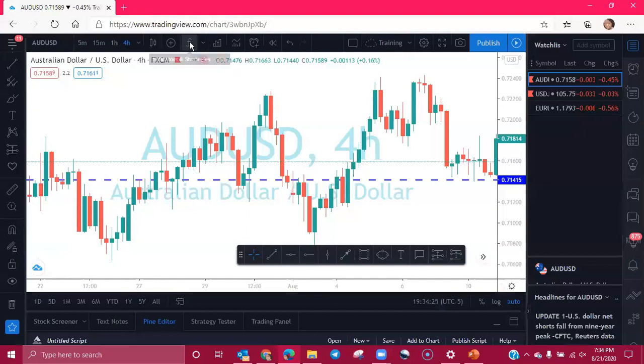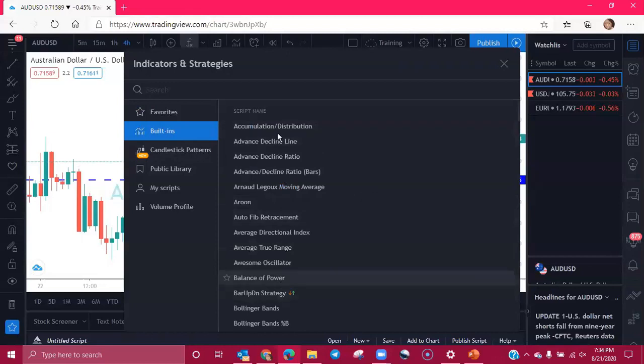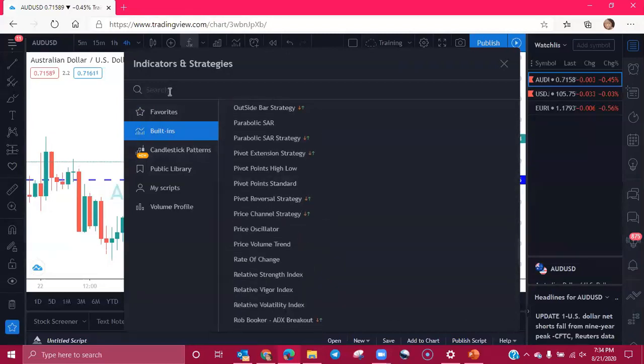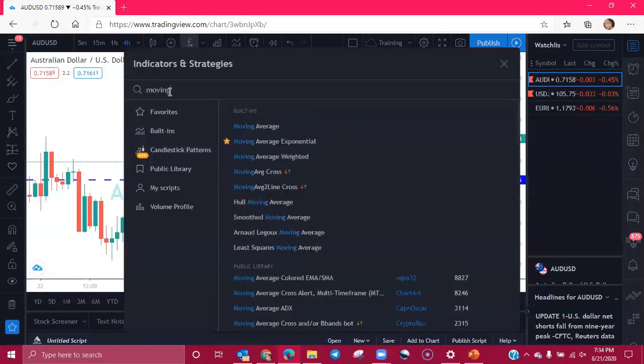That's your indicators and strategies. You're going to click on FX. When you get to this screen, you'll see all these built-ins here. You'll see all these indicators. You can just type in this search bar, moving average, and you'll see it come up on your list. Whenever you see the indicator that you want, you're going to just click on it. When you click on it, it pops up on your chart. Oh, okay. Thank you. You're welcome.